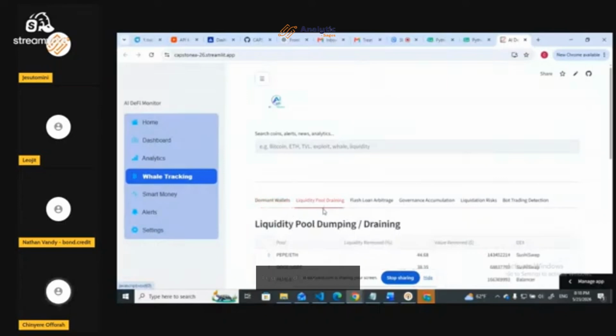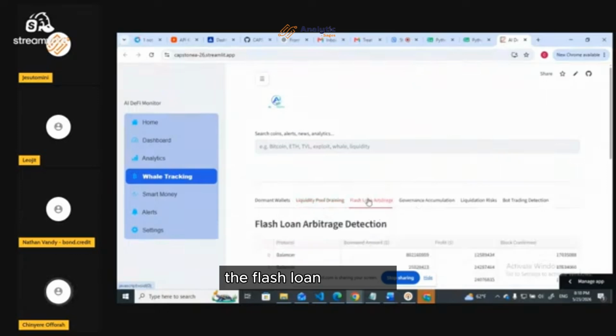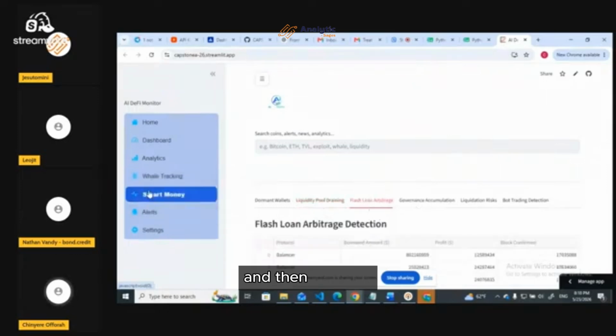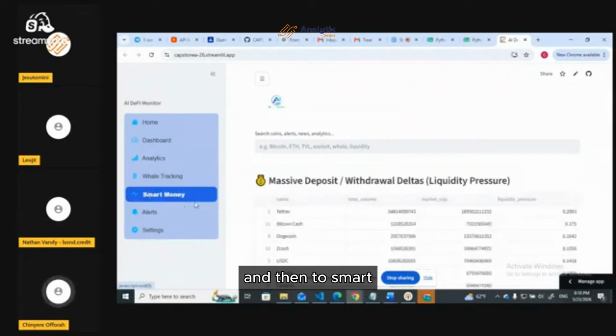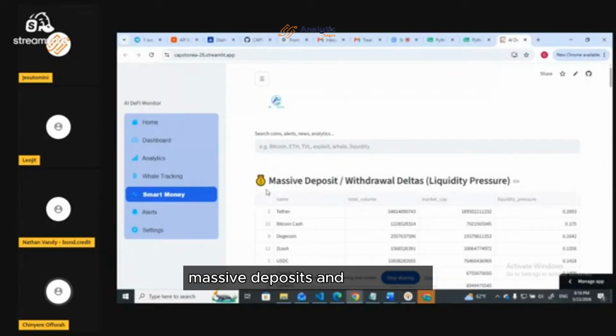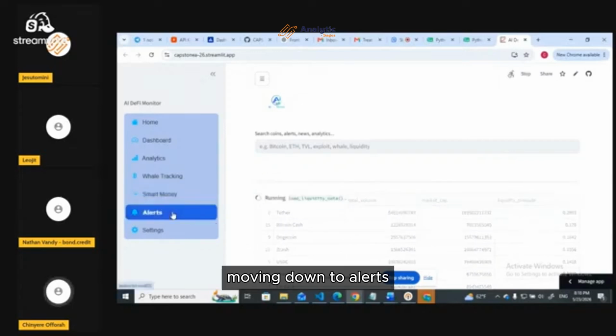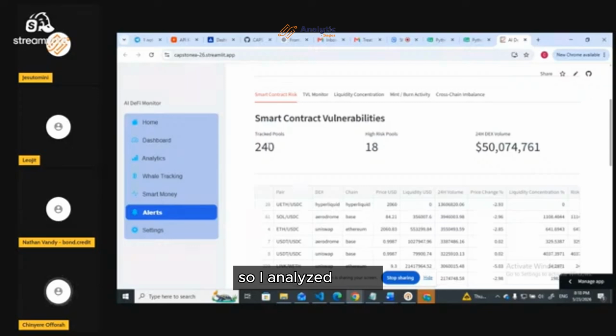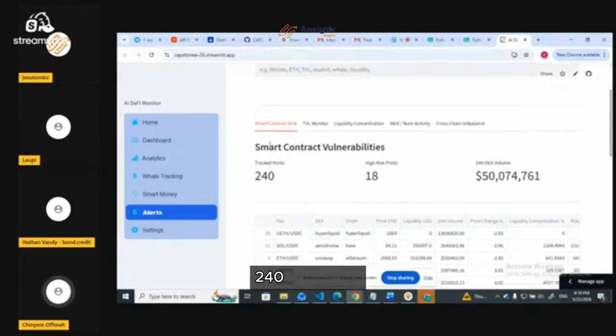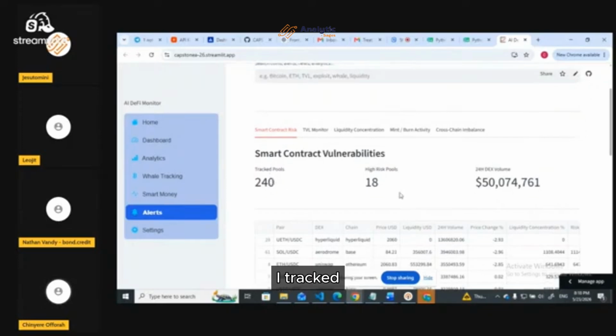I also have the liquidity pool, the dumpings, and the flash loan arbitrage. And then to smart money, I try to analyze massive deposit and withdrawal deltas. Moving down to alerts, I analyzed smart contract vulnerabilities, and here I have 240 pools that I tracked, and